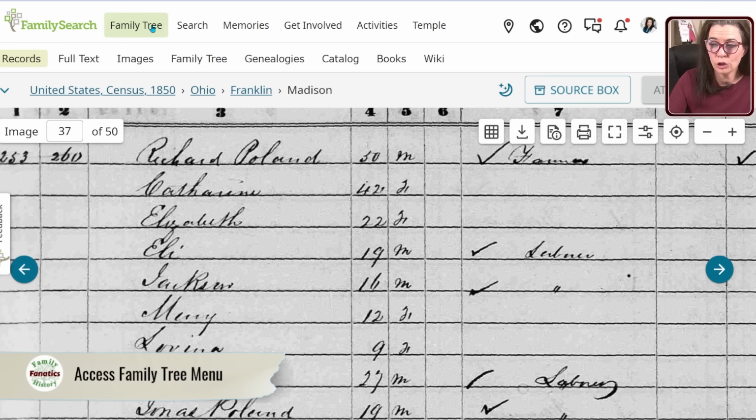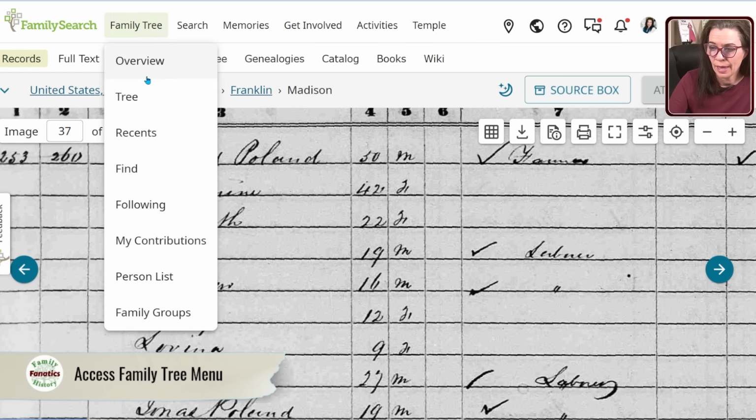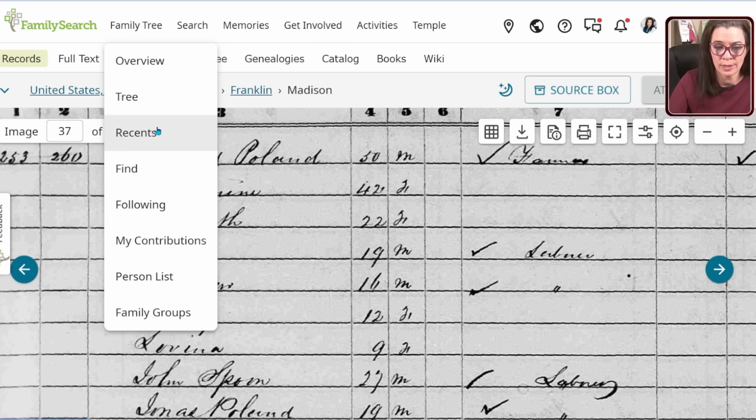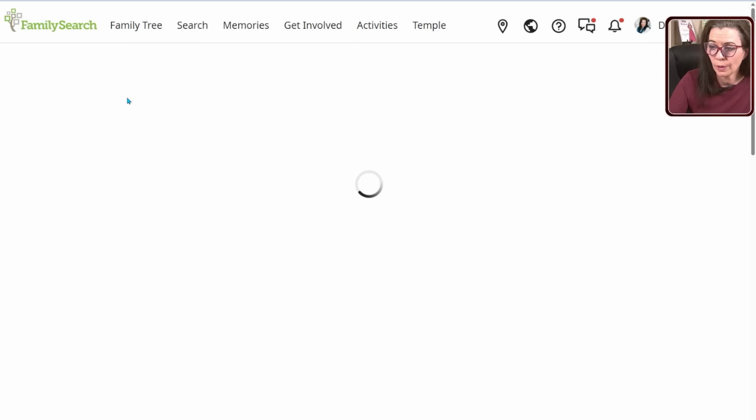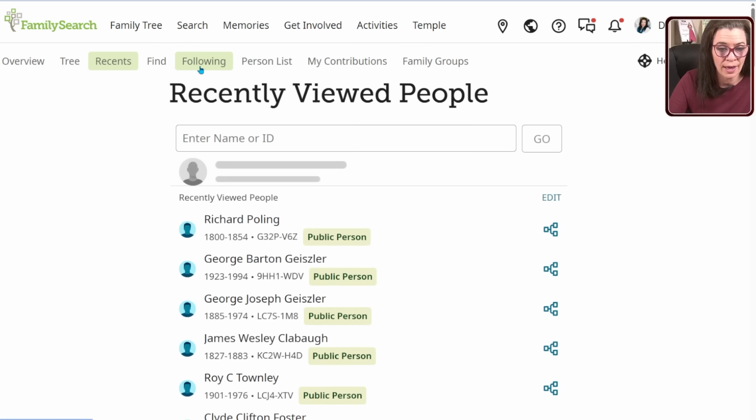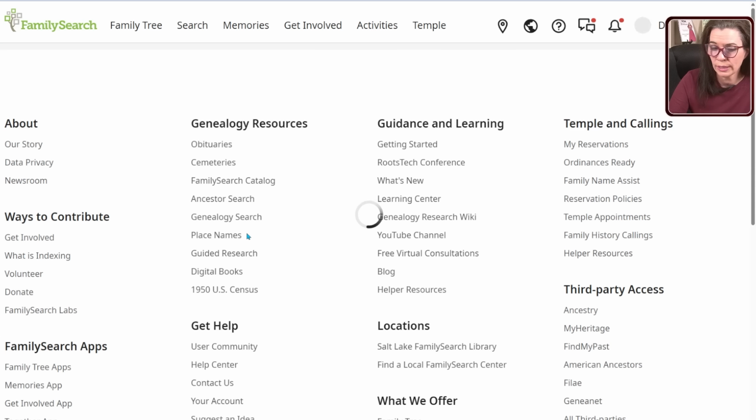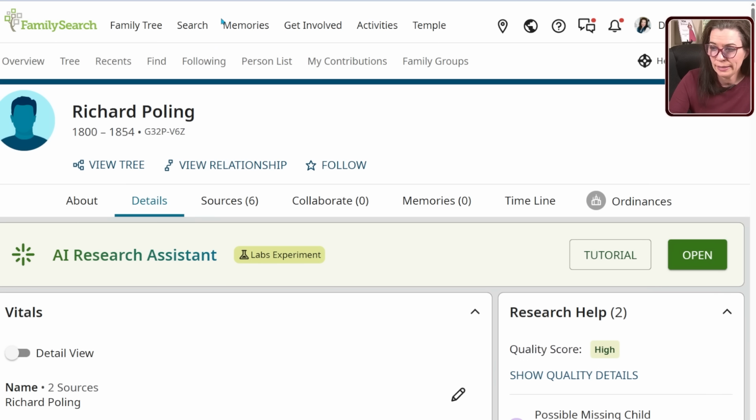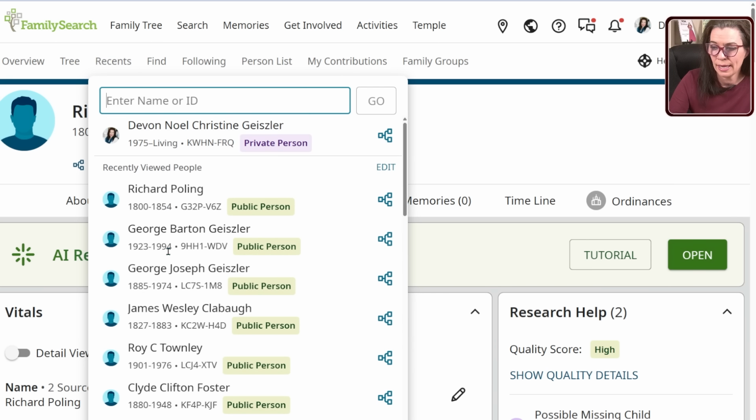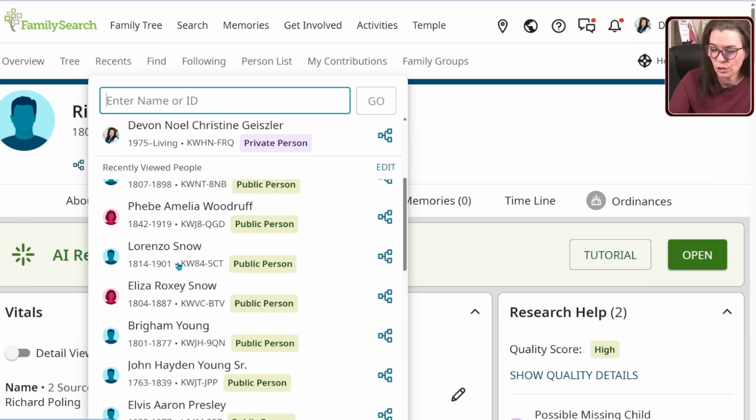You need to get into the family tree portion of this massive website. Click on family tree. And then you want to click on recents. Now, let's say you were working on somebody's person profile or any of these other options. You just have to navigate from one of these options to the recent menu. You could also be, let's say you were on Richard Poling's page. You're in the tree, you can click recents in this way, and you can get the menu rather than the